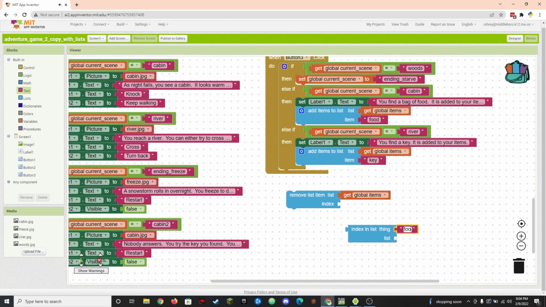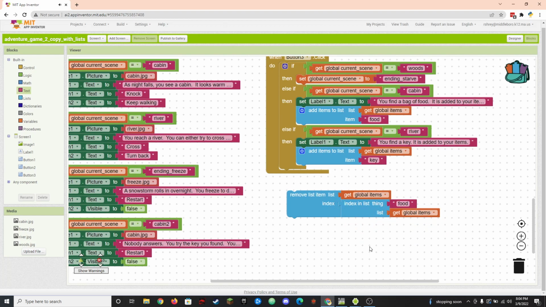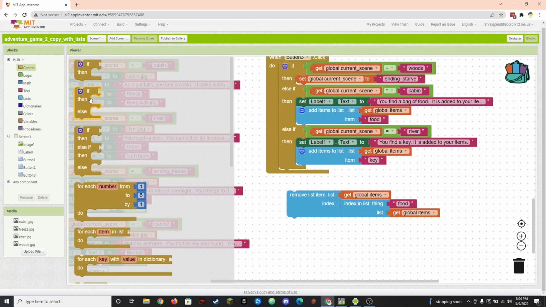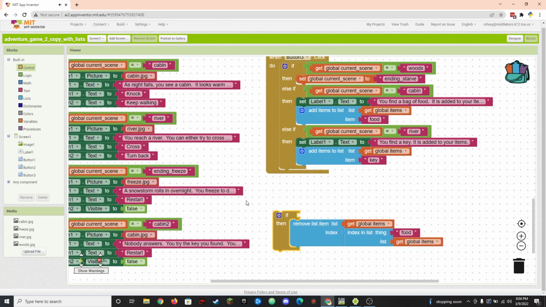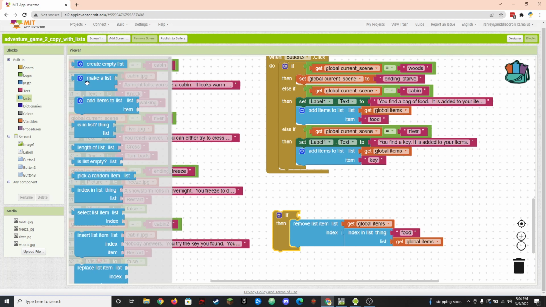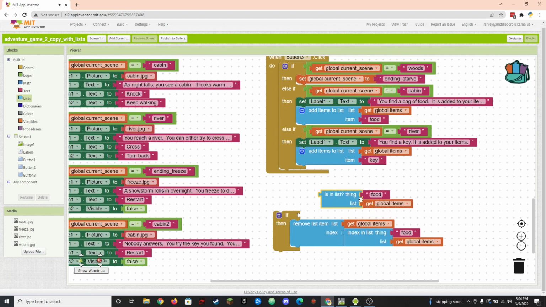Of food. And I should probably only try to do this if food is in there in the first place, because if you try to remove something that's not there, it'll cause an error. So I would need to say if food is in the items list,